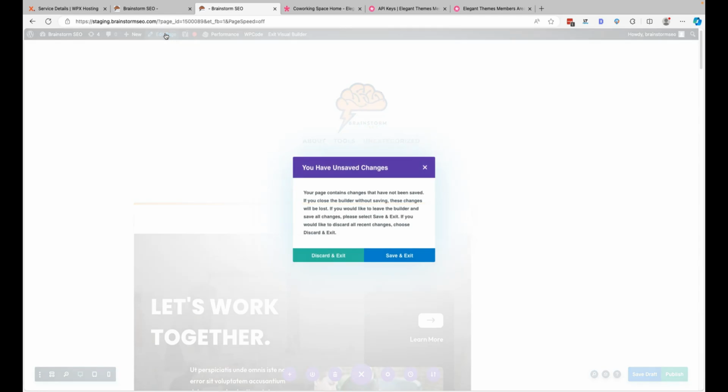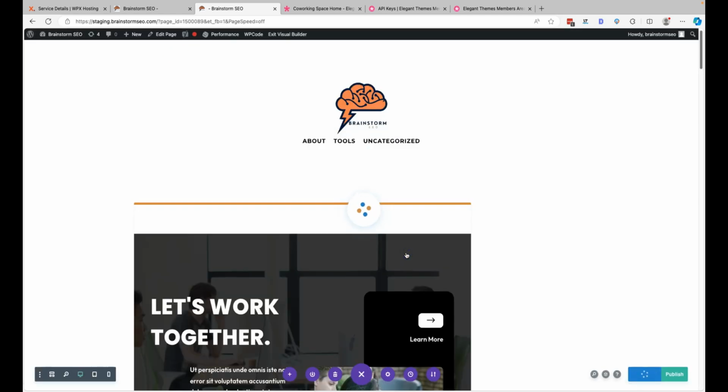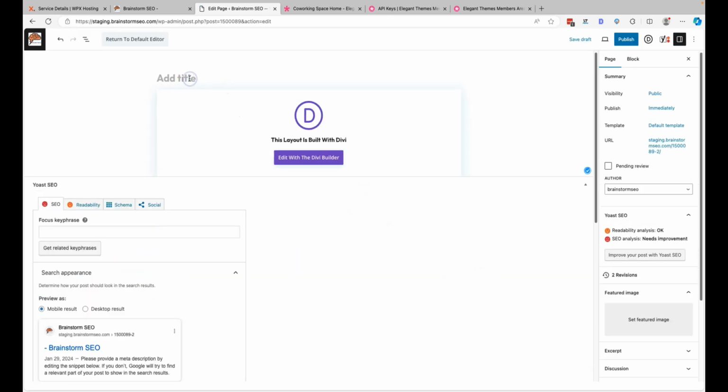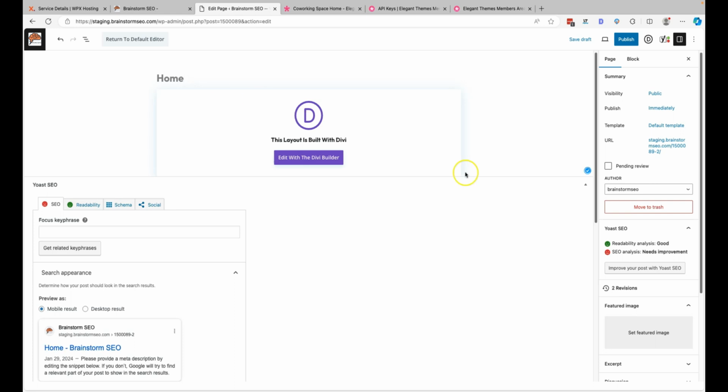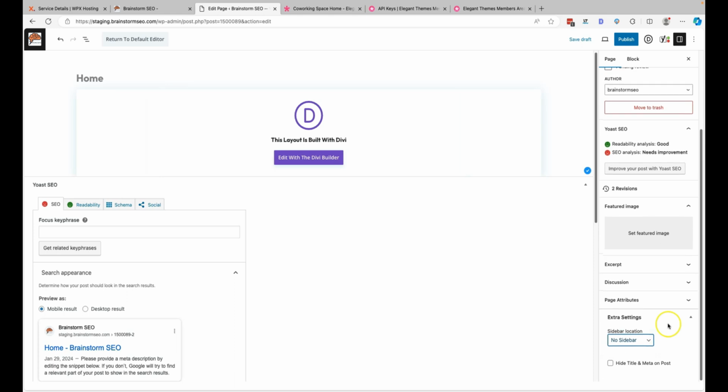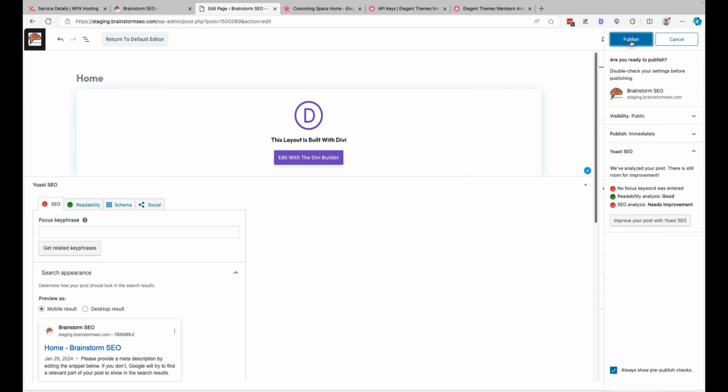And what we want to do is we want to make this full width. Let's add a title. Let's call this home. So the way you make it full width is normally around here, extra settings, there should be something called sidebar location. Well, it's a front page, so we don't want a sidebar. Alright, so if we just publish this again,